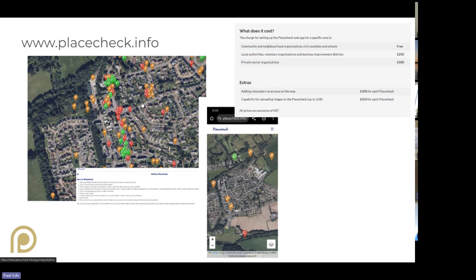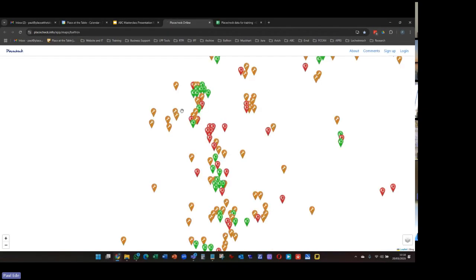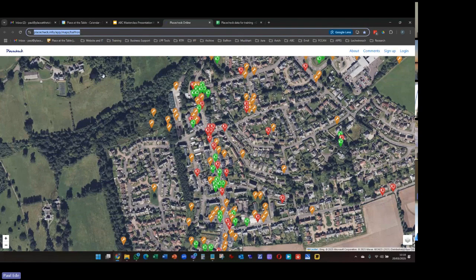And the link that you get will be specific to your place. Here's one that we set up for Balfron. And literally, you can see the URL. The guys at PlaceCheck, they've said, okay, you're a community council, we'll set up PlaceCheck for your area. In other words, when you click on this link,